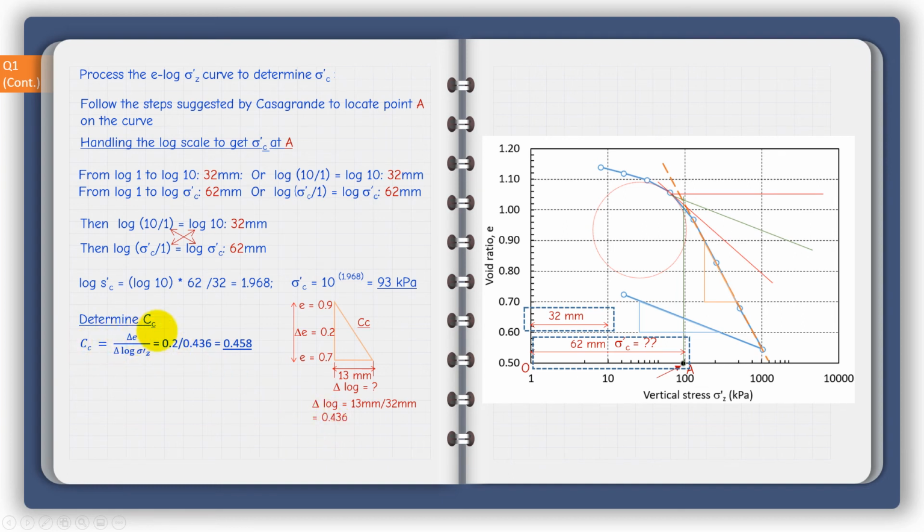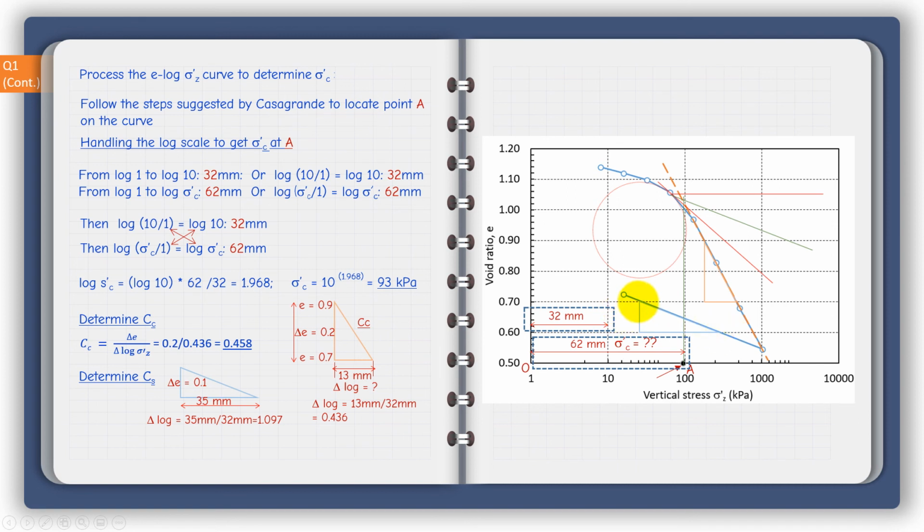So based on this, C sub C is delta e, which is 0.9 minus 0.7, that's 0.2. Delta log is what this base is equivalent to. We calculated this as 0.436, and this gives me 0.458. So the compression index, delta e over delta log sigma dash Z, is 0.458. We repeat the same for the swelling index, but also we draw this triangle so that we have a known value of the change in the void ratio,